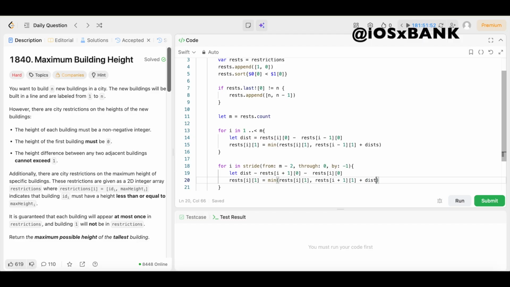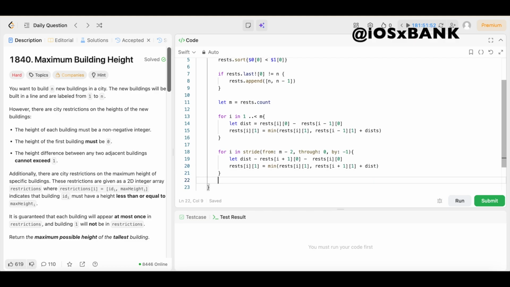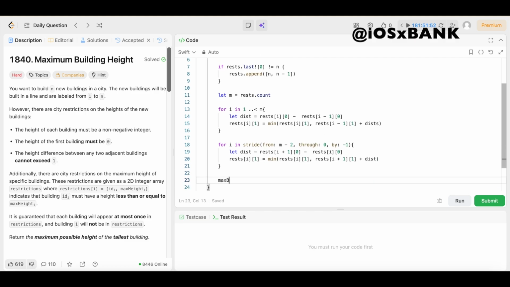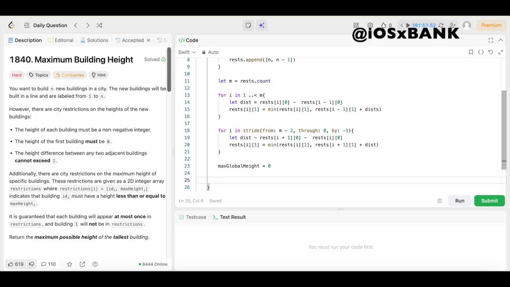Boom. Now we need the max global height, so we'll come underneath this and we'll say max global height equals 0. Boom. Now, after adjusting all restrictions, we need to determine the maximum height achievable between every pair